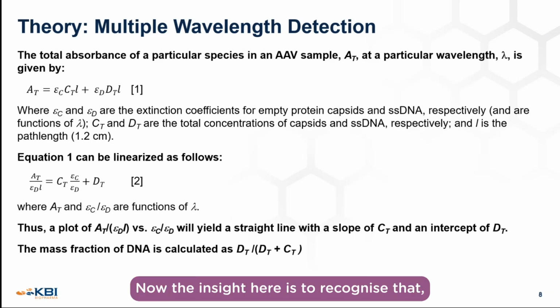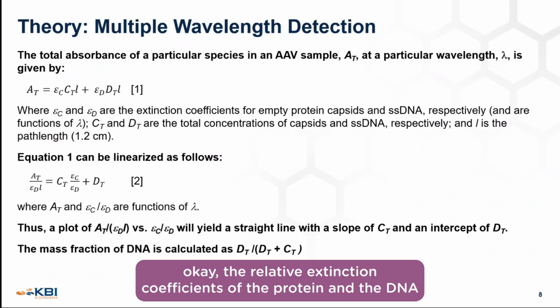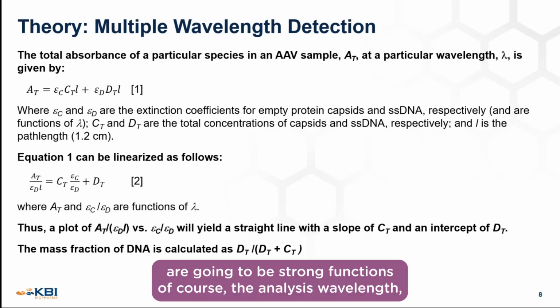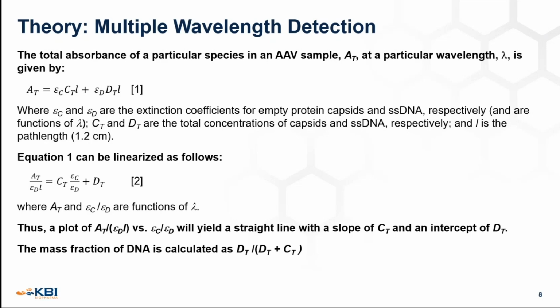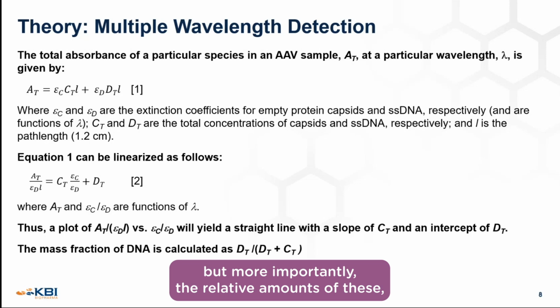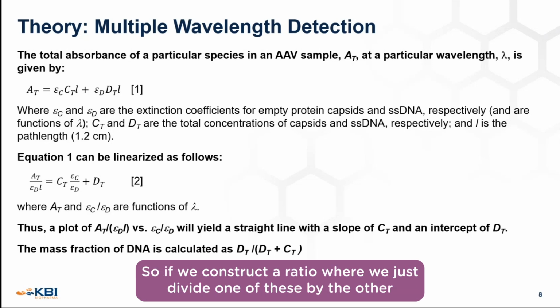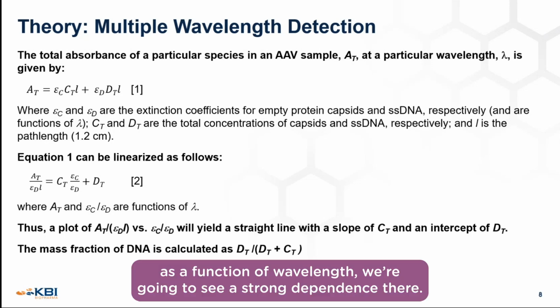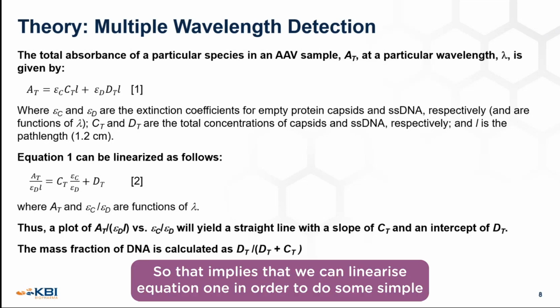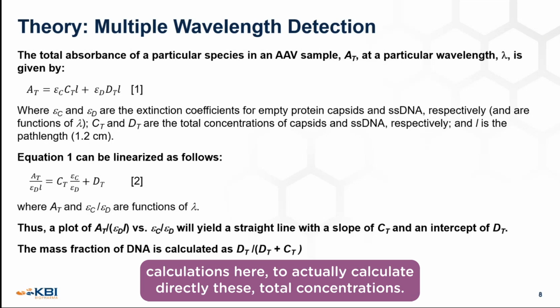Now, the insight here is to recognize that the relative extinction coefficients of the protein and the DNA are going to be strong functions of the analysis wavelength. More importantly, the relative values of these extinction coefficients also vary with wavelength. So if we construct a ratio where we divide one by the other as a function of wavelength, we're going to see a strong dependence there. That implies that we can linearize equation 1 to do some simple calculations